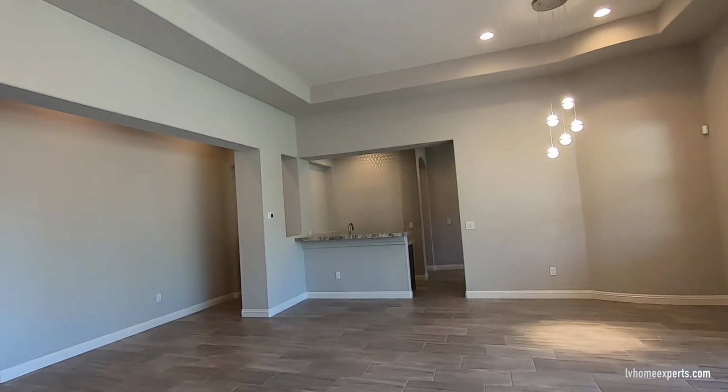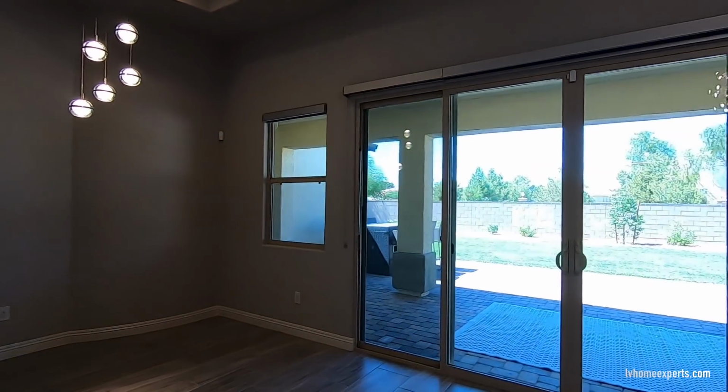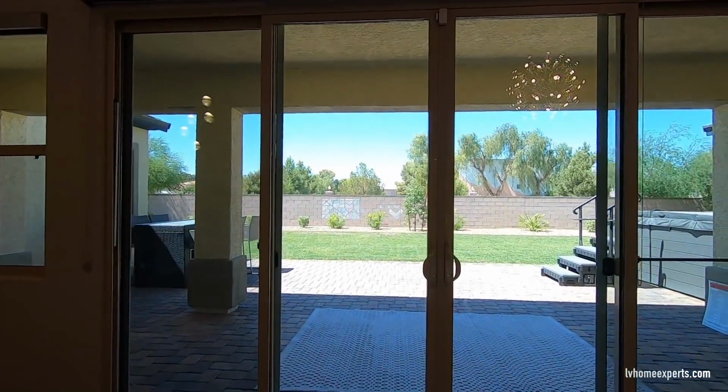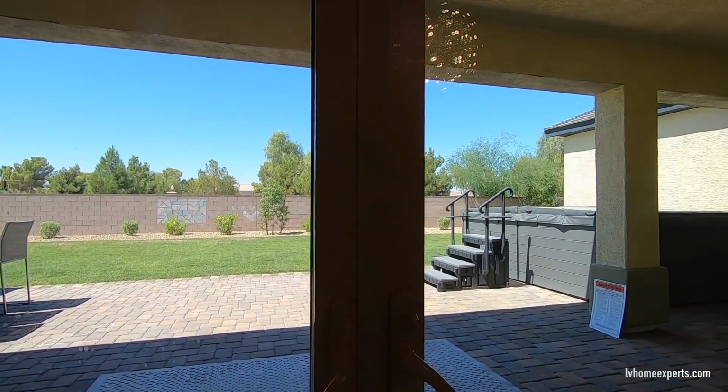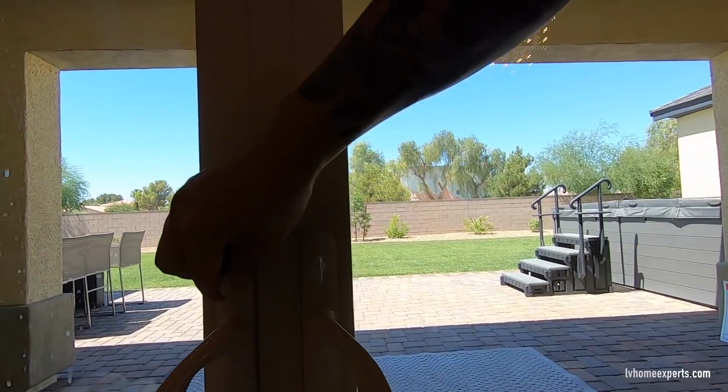So what we're going to do is, you know what, let's just go straight out to the backyard real quick. These are vinyl sliders. This is pretty much standard sliders here for industry standards. And I believe these sliders are,